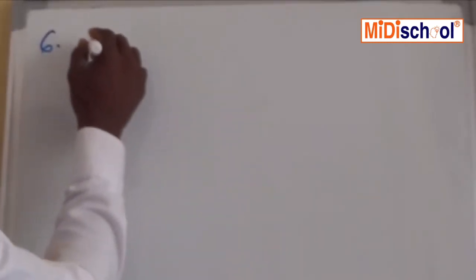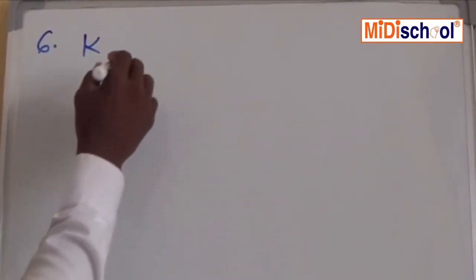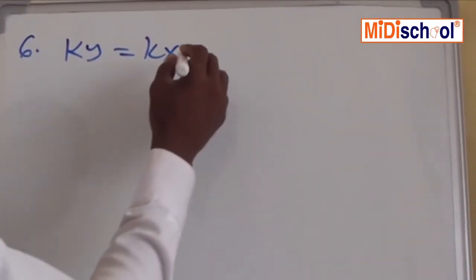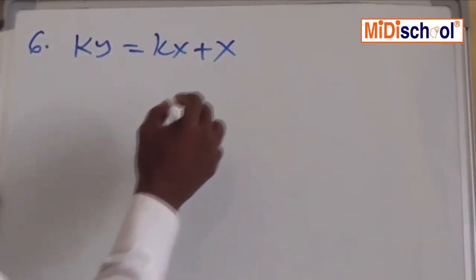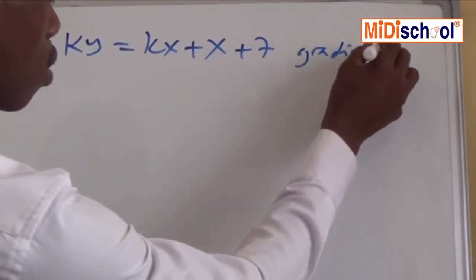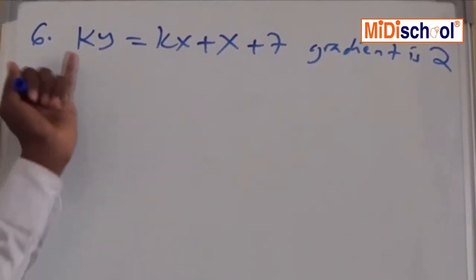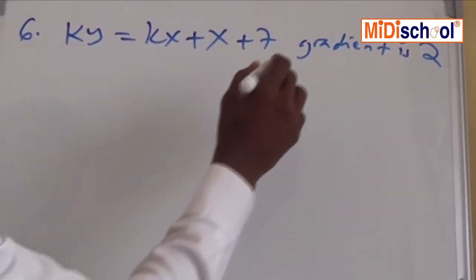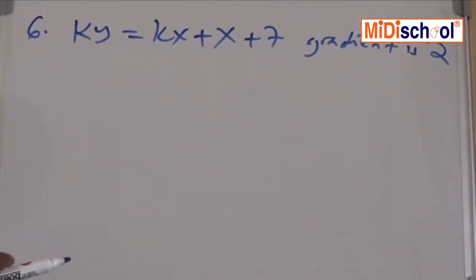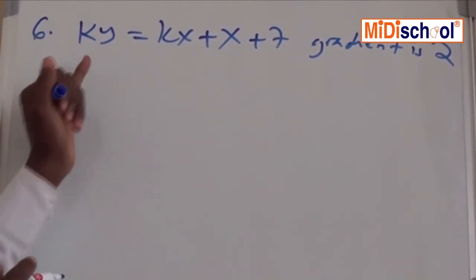So we are proceeding with question number 6, and the question reads that if the gradient of a straight line is given by ky is equal to kx plus x plus 7, the gradient is 2. So this is the equation that we are given, and the gradient of this line is 2. What we are asked to find is the value of k